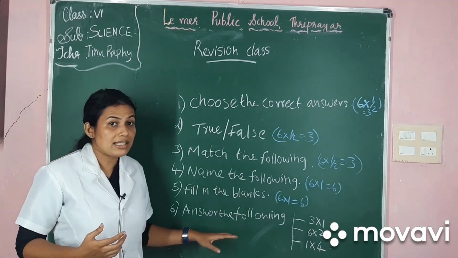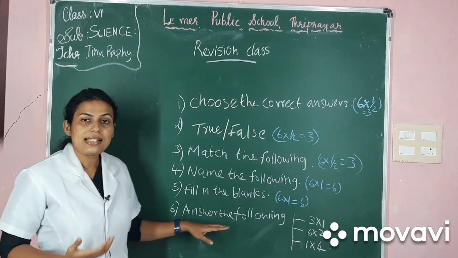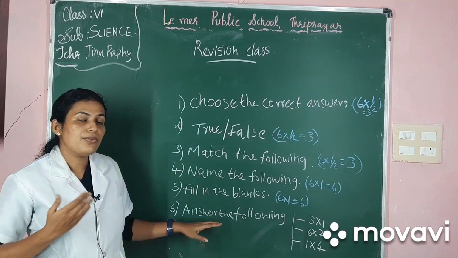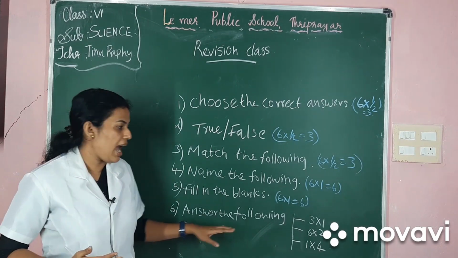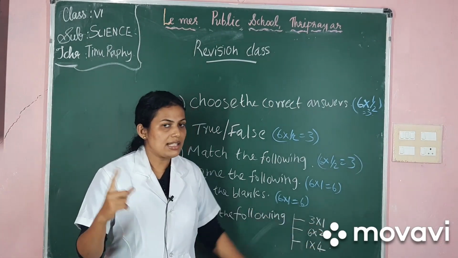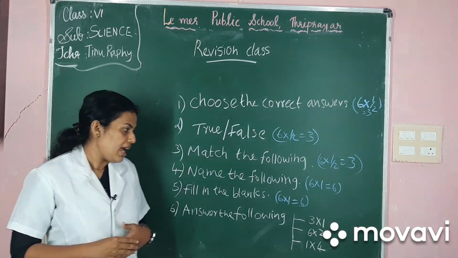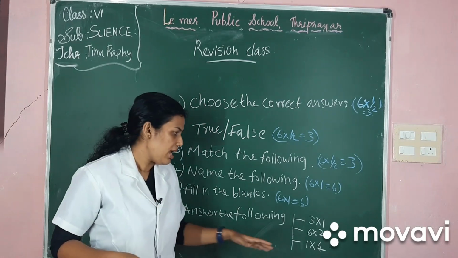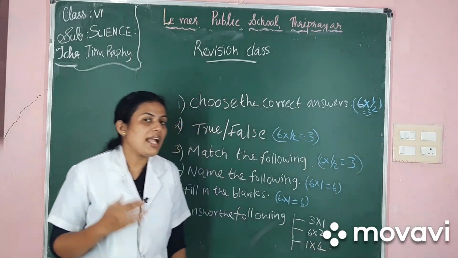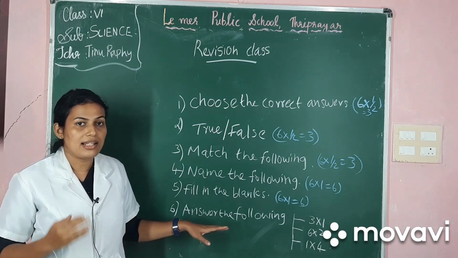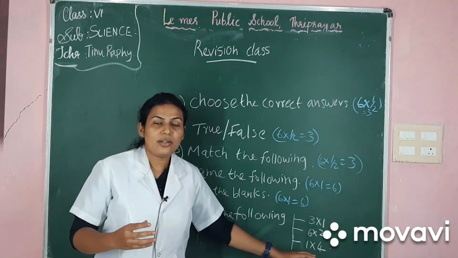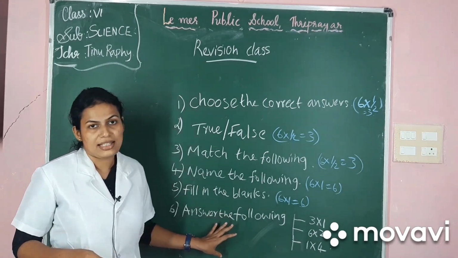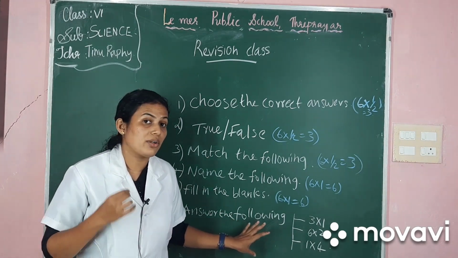Now the last category of questions is answer the following. For this you have to answer the questions. The first 3 questions of this category carry 1 mark each, that is 3 marks in total. And the following 6 questions carry 2 marks each and in total 12 marks. And the last question in this category carries 4 marks. That question you have to write in detail like an essay. So children, for this last category, please answer the questions based on the marks.